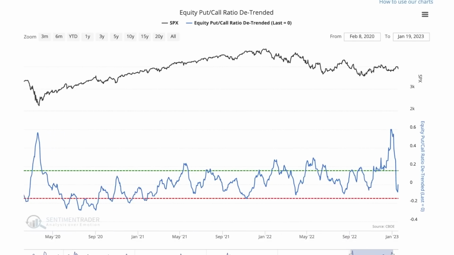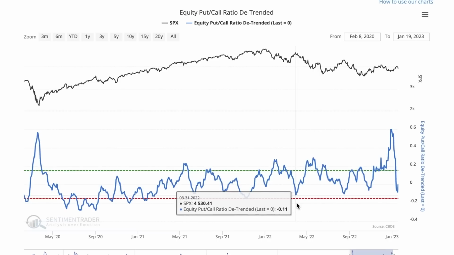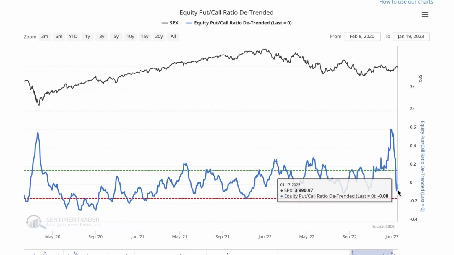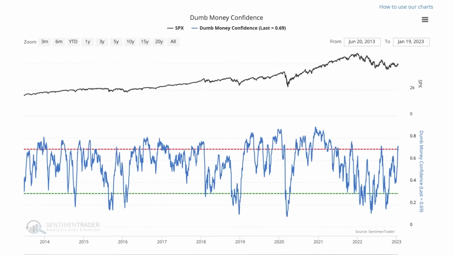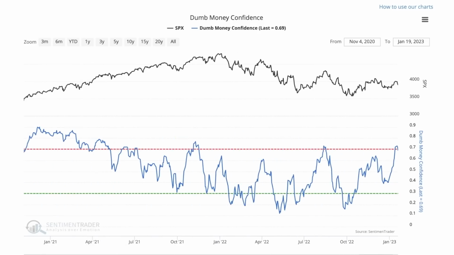So if you believe we're still in a bear market right now, if you believe that we still have more downside to go on the S&P 500, well, now would be the time to shine, because dumb money is getting excited about upside once more. Now, the next question is, does that necessarily guarantee that there's going to be downside right now? That's the next question I want to answer in this video.